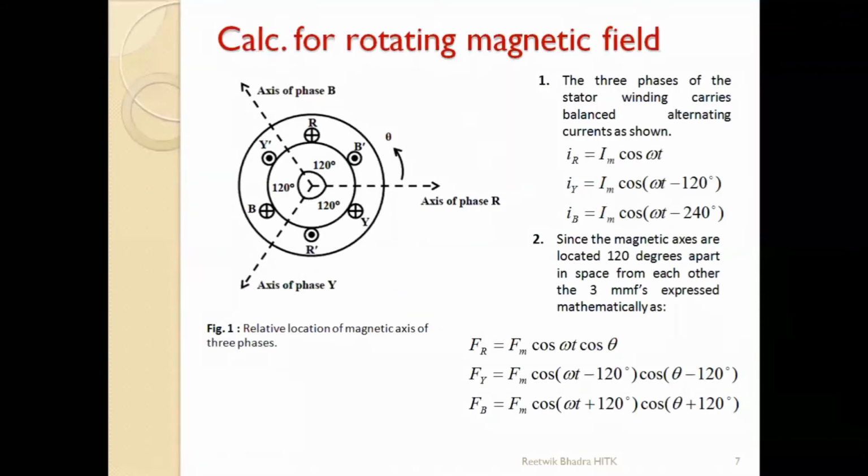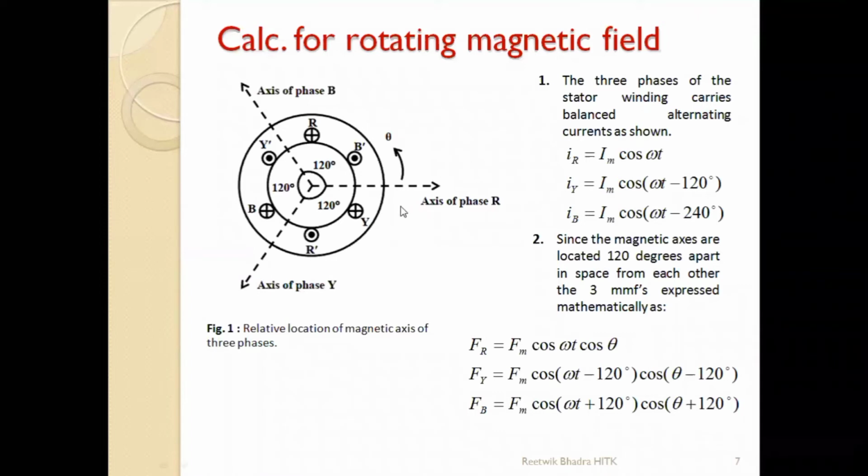Now see my first point in this slide which we discussed. The supply is 3-phase, right? So we are giving a 3-phase supply IR, IY, IB. Now 3 phases, 3 currents. We can take cos omega t, we can take sin omega t, anything you can take, no problem. Both are sine functions only; cos can be expressed in sine. So I is I cos omega t, I cos omega t minus 120, I cos omega t minus 240, or you can write plus 120.